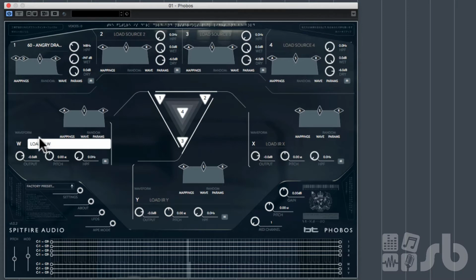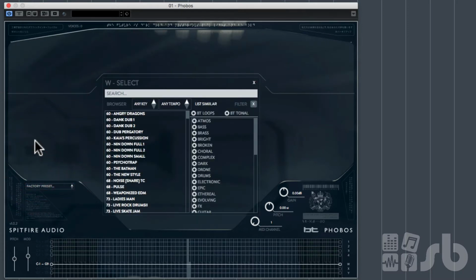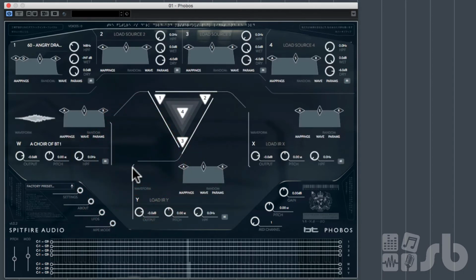So for instance here in the convolver waveform, I'm going to try and load a tonal loop, not a percussive loop. So I'm going to turn off the BT loops here and just have BT tonal. And I'm going to choose a choir of BT1 and press go. The choir of BT1, for instance, you see here the waveform, it looks like a kind of sustained patch. And now, if I press the key,